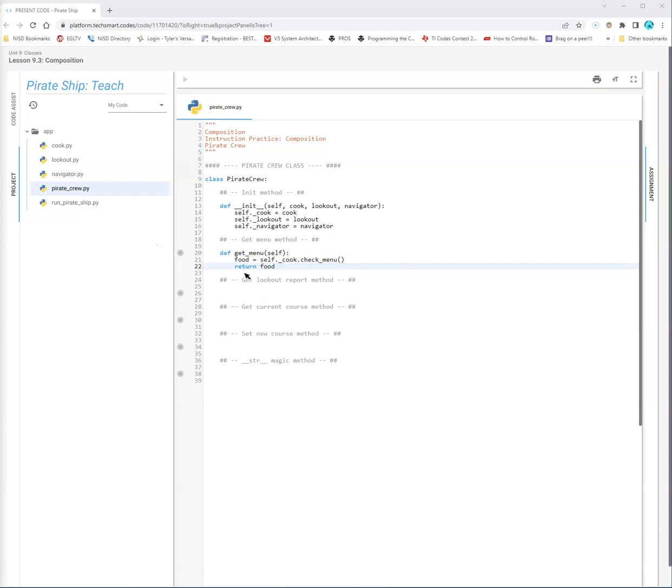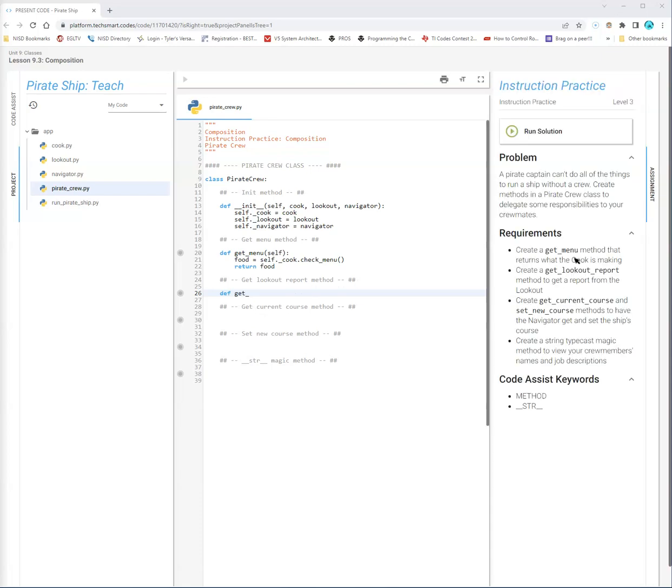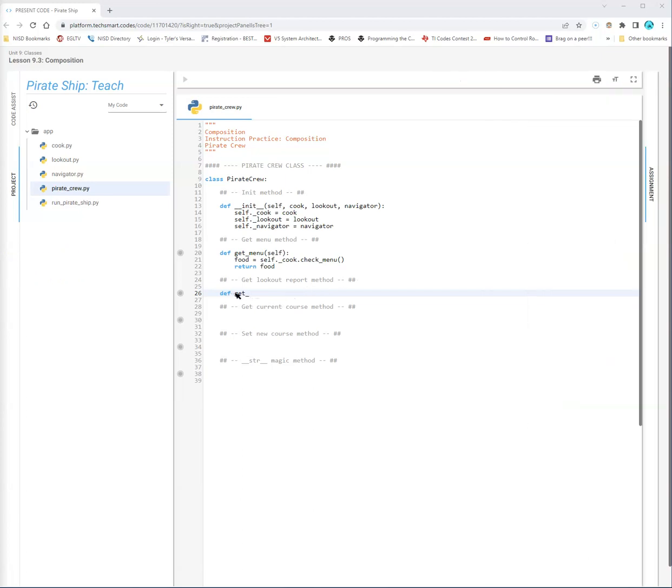We're going to use a very similar logic for the get lookout method, because the lookout has his own get report method. So I'm going to define this get lookout report. And the only thing it needs is self. And this time I will do it in one line. Return